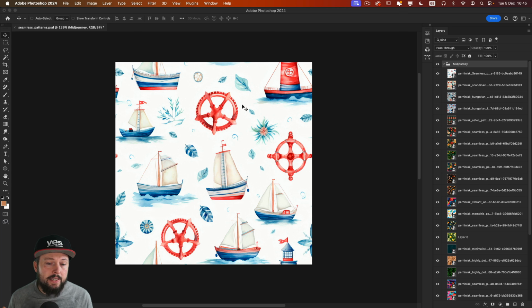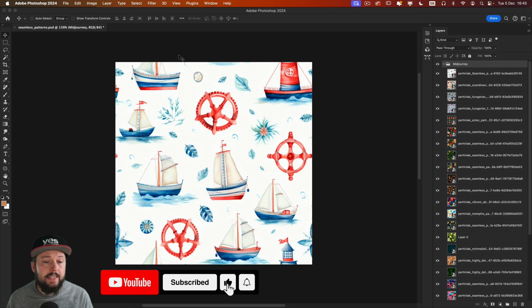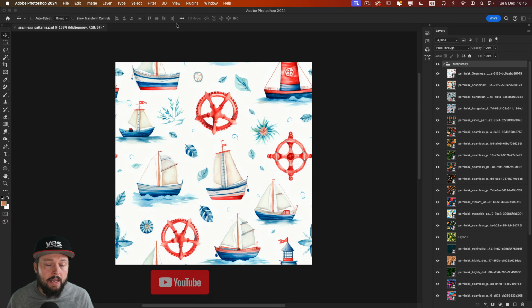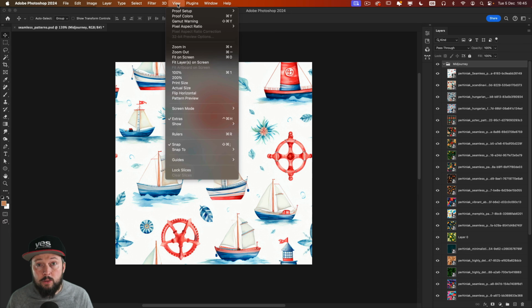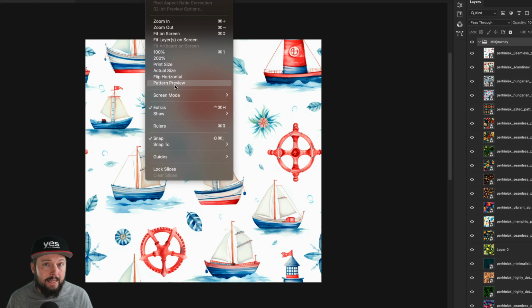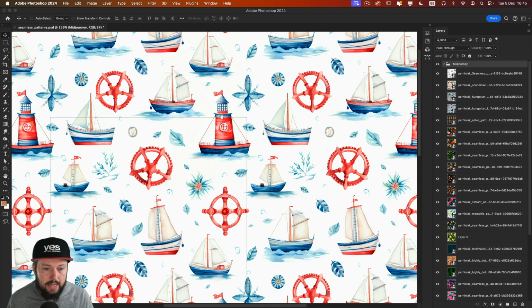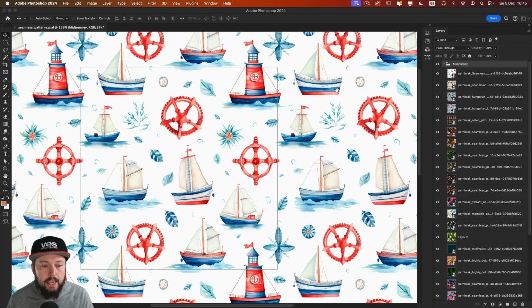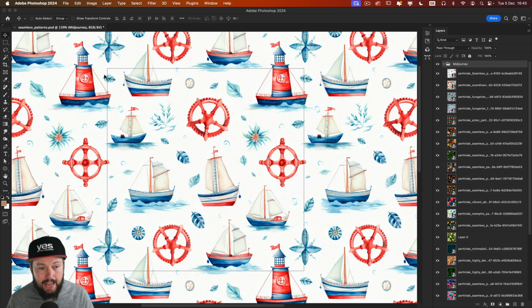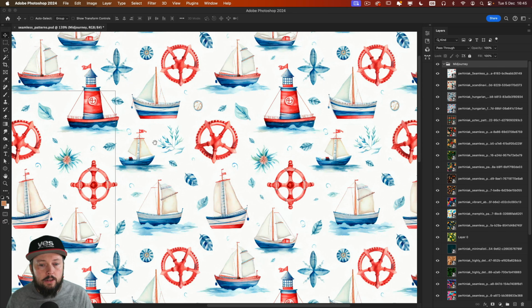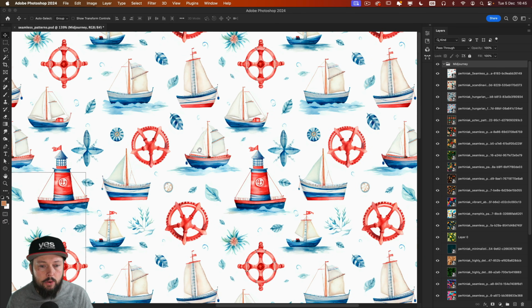So let me compare some of the generated images here in Photoshop. I placed a lot of the tiles that I created into the same document, and what I'm going to do here is to go to the View menu and choose Pattern Preview. This is a great way to simulate how this pattern is going to look. And if you don't want to see the edge of the document, you can also just pan around and look on the side. And as you can see, this one, for example, was created in Midjourney and it looks perfect.